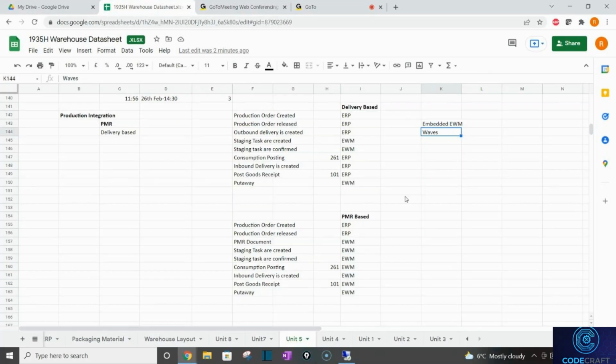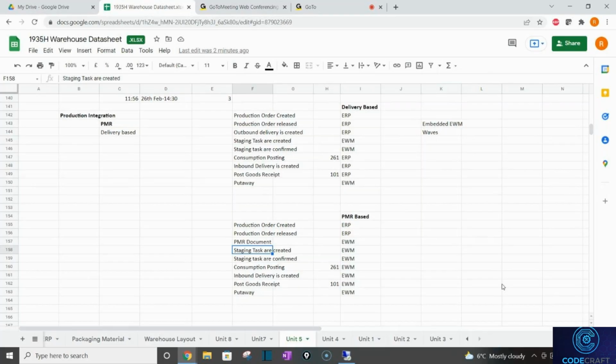But before we go for wave management, when I'm going for a project, I'll try to explore as much as possible how I can group the staging tasks using PMR, or something like a wave I can give them in the PMR through some enhancement. Okay, so wave is a challenging point, an important point where we have to challenge and discuss